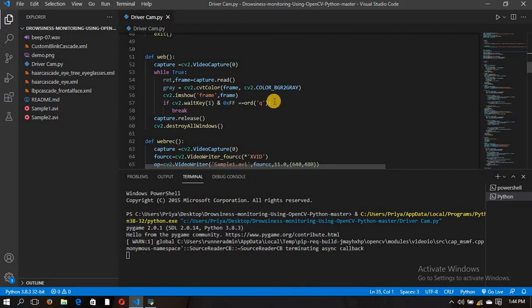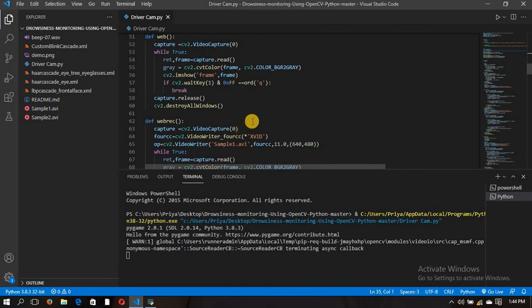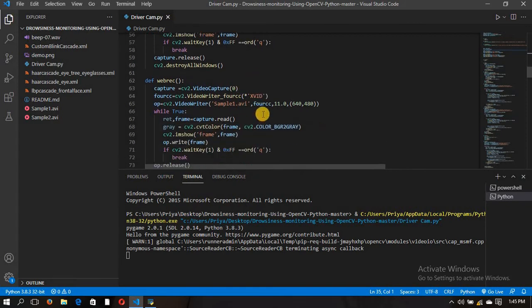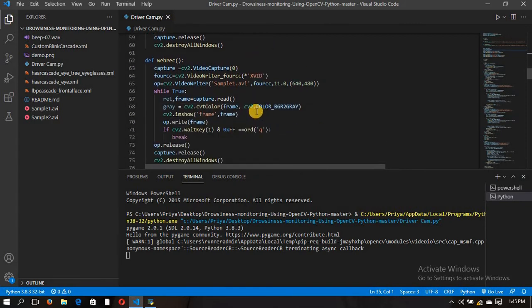You may use any desired button of your choice, and to break the loop and finish the program we use the waitKey function to check if a given key was pressed or not. Then capture.release() will execute when the loop releases the captured object, and cv2.destroyAllWindows() will destroy all windows after capturing all the released images. Then again we have to declare a function webref.